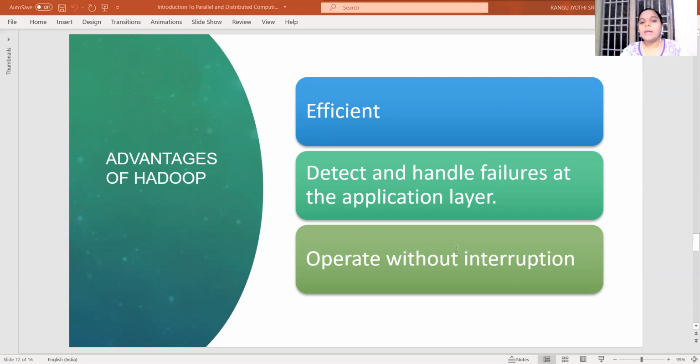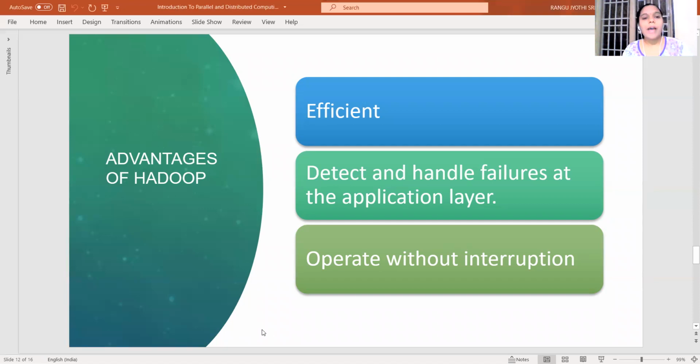And not only that, another main advantage of Hadoop is that it is a part of open source. It provides multiple advantages because Hadoop is actually written in the Java language, which is very useful to write different Hadoop codes.